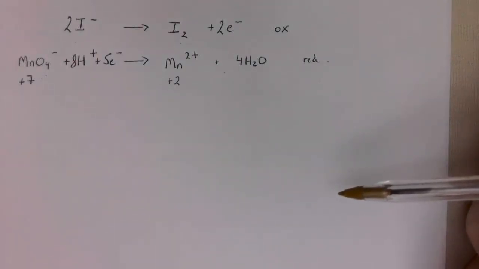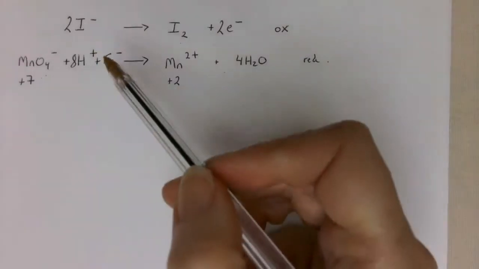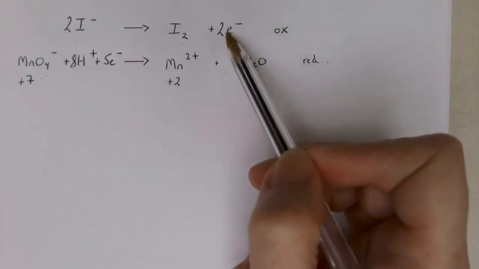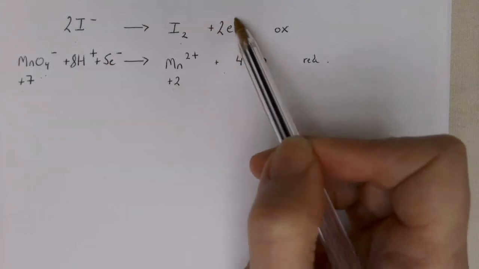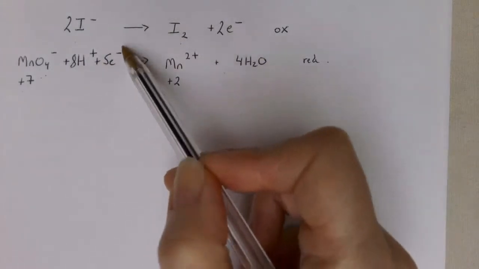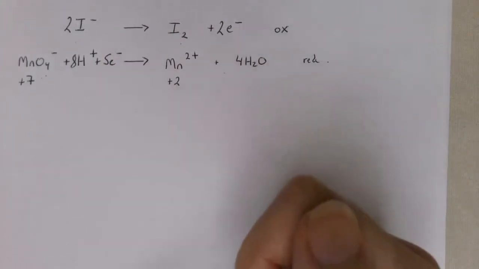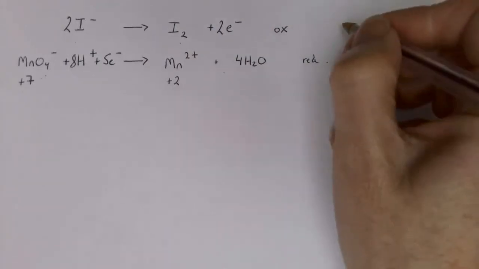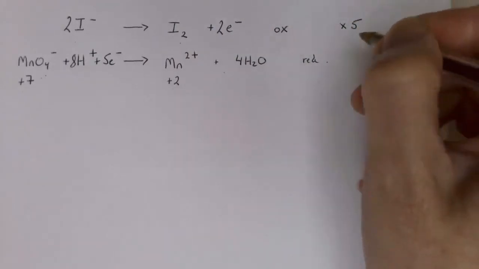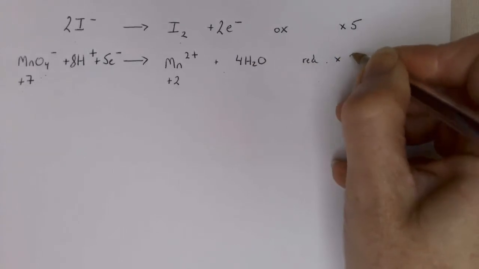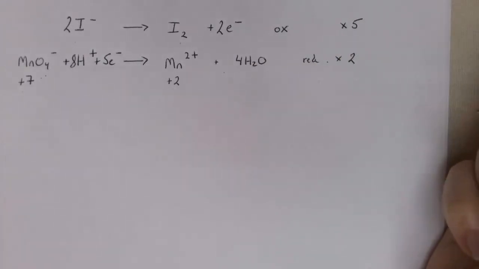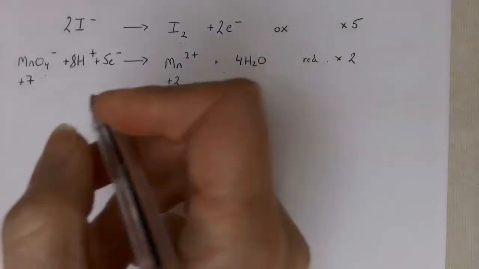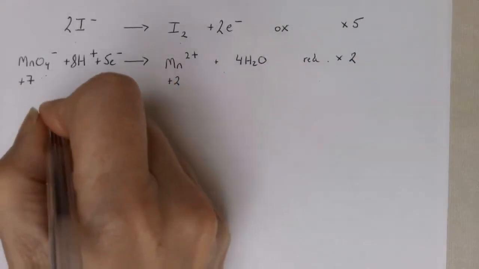Now the thing to remember in an overall redox equation is that the electrons must cancel, because this is my source of electrons, this is my sink of electrons, and they've got to match. So I'm going to times this top one by 5 and the bottom one by 2 to get the electrons to cancel. I'd have 10 electrons in both cases. So my total redox equation would be